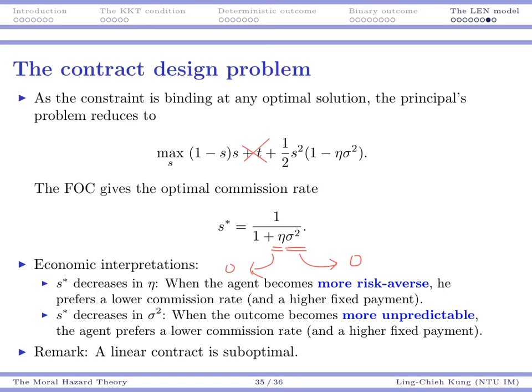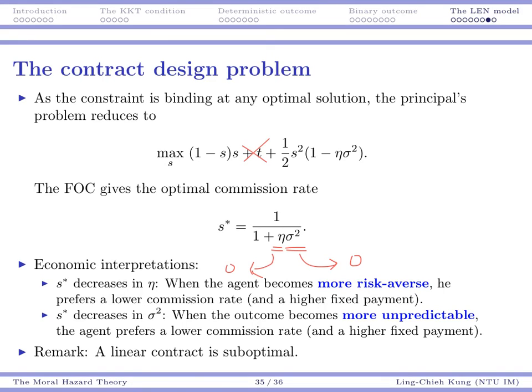If the agent is risk neutral, then random noise doesn't mean anything because the agent just doesn't care about risk. If there is no randomness, then risk aversion is not a problem because the payment would just be deterministic. Okay, so that directly confirms our intuition that risk aversion and randomness are required if we want the moral hazard